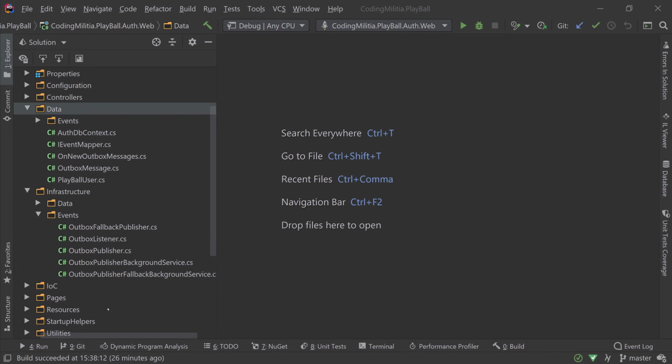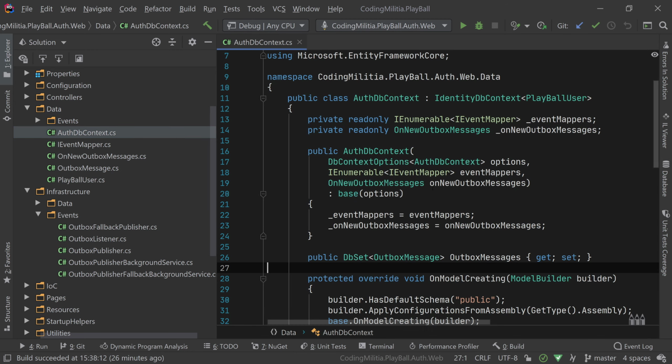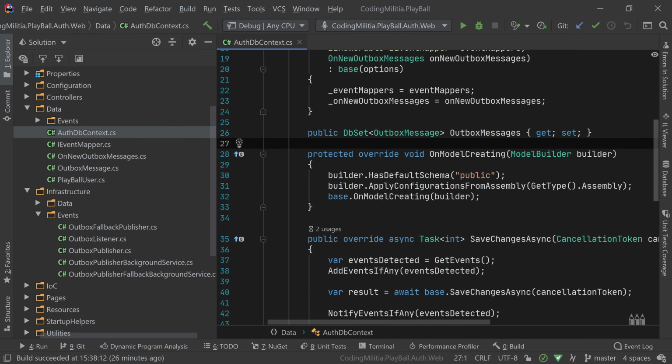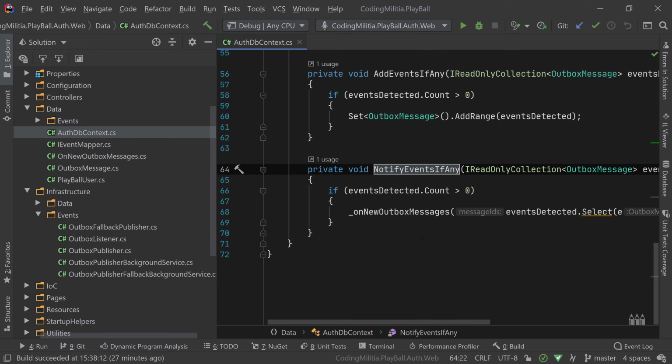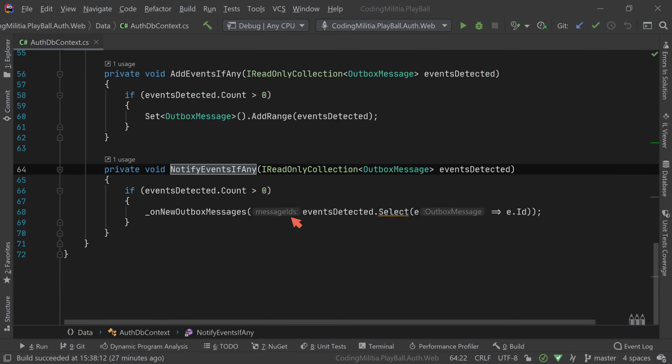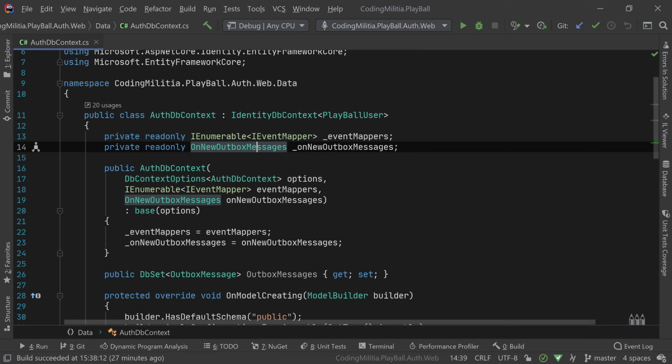So in the past episode we had in the AuthDB context on the save changes, over here we had something commented to say now we need to notify that the events arrived, that the events were stored, and now we have this notify events if any, just to check if there are any events here. If there are, we're going to notify something, and in this case, just if there are some, we're calling this on new Outbox messages. So if I go here, on new Outbox messages,